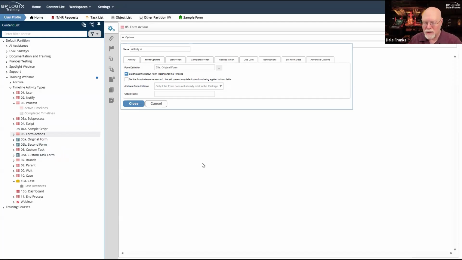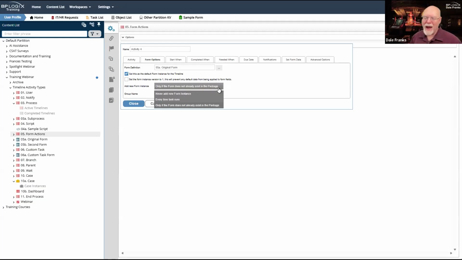So when I get to this stage, where I switch back to the original form, it is not going to add a new form instance to the form if the form already exists in the package. The default for how we want to add a new form instance is that. So if the form doesn't exist in the process timeline package, so the process timeline instance and all of its attachments, since the form instance is an attachment to the process timeline, it'll look for it. If it exists, it won't do anything. If it doesn't exist, then it will add a new instance of that form.